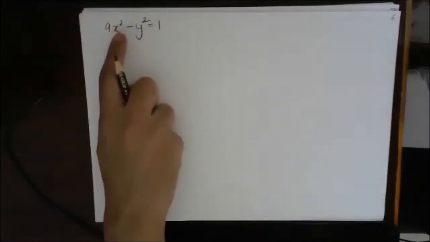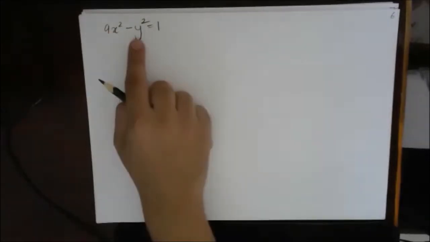Remember, the size of A and B does not matter here. Only the sign of y square is the thing which will determine what kind of a hyperbola this is, transverse or conjugate. Fine. I'll give you 1 minute. Just draw the hyperbola and mark everything on that kind of hyperbola.